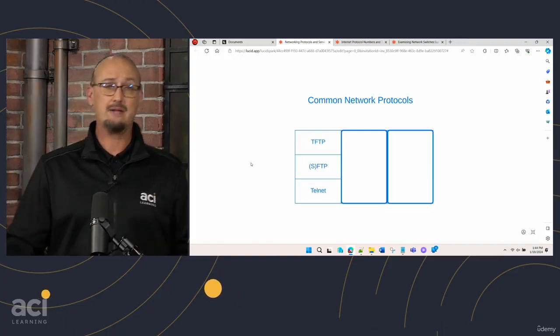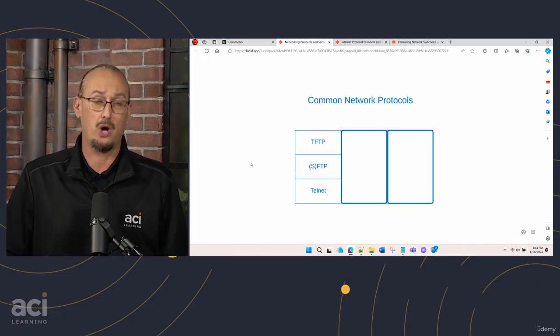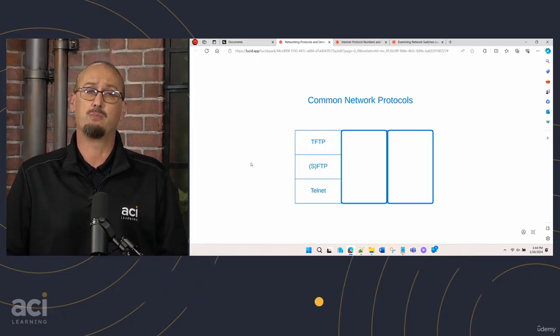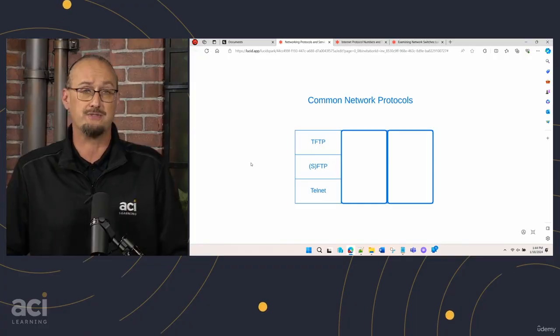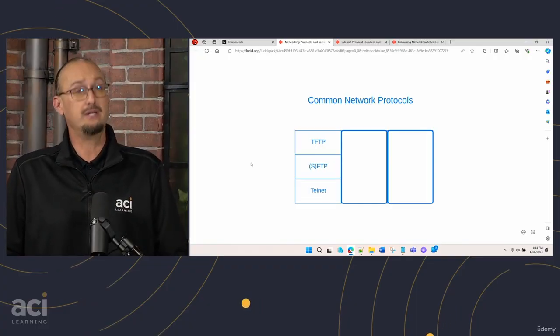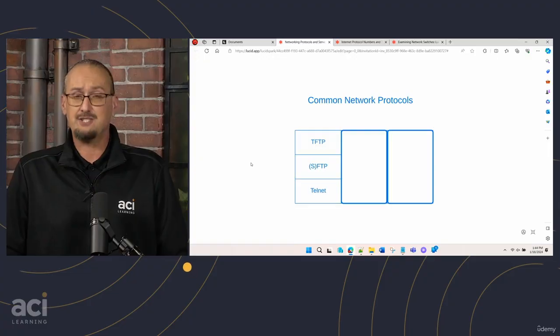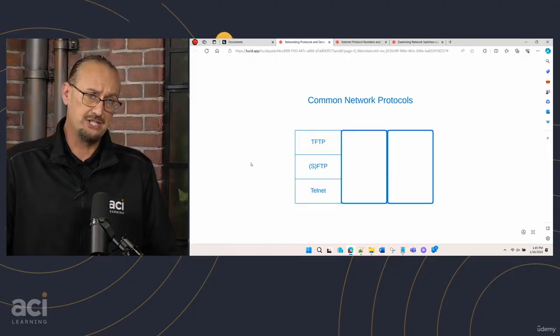But let's do exactly what you said. Let's just drop down right to the file transfer protocol. Now, remember, this goes over Transmission Control Protocol. It's more robust and it's highly optimized for large file transfers. This has been around since the days of ARPANET. This is an oldie but goodie. And the reason it stays around is how optimized it is for large file transfers, and the command sets that you can throw at it.